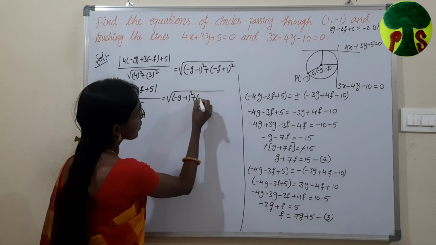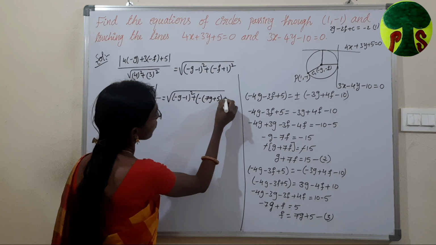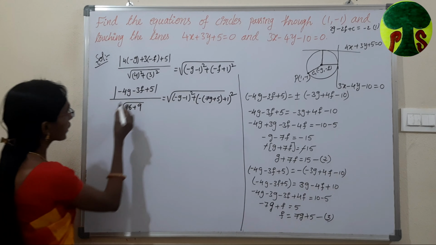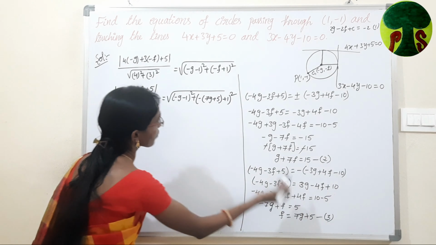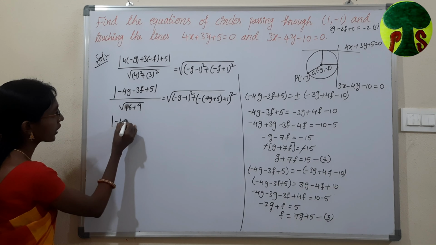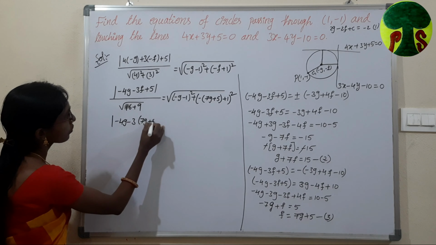So that is minus of 7g plus 5 and plus 1 whole square. In the same way, here also in the place of f, I want to write 7g plus 5, minus 4g minus 3 into 7g plus 5